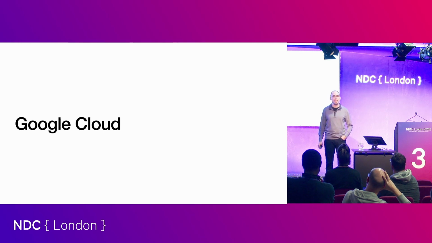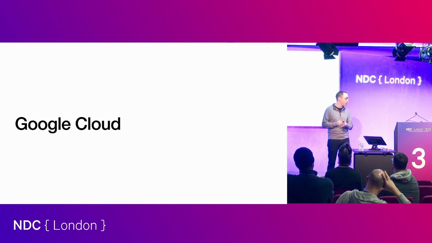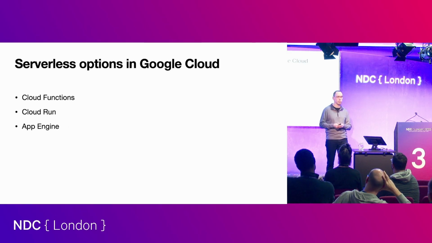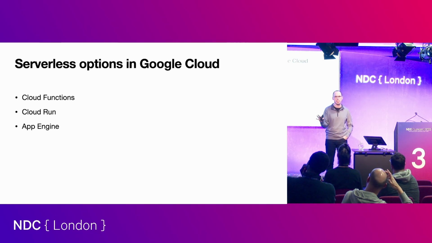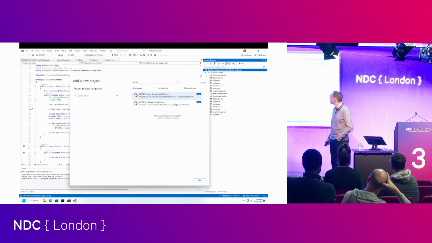So last but not least, absolutely Google Cloud, which was the most surprising of all the three in terms of what I found. I found it to be a really pleasurable experience, and let me talk about that. So Cloud Functions, of course, Cloud Run, which is sort of their higher level container abstraction, again, akin to Container Apps in Azure. And then App Engine, which is like their App Service, which I didn't hear one way or the other because it actually was kind of hard to find Google Cloud engineers to talk to, believe it or not.